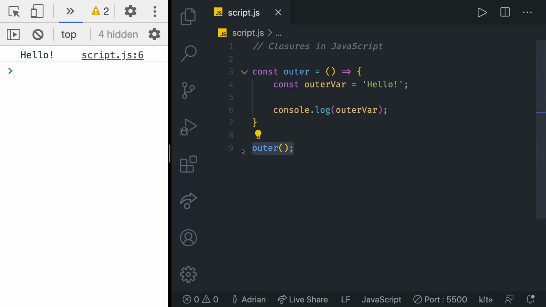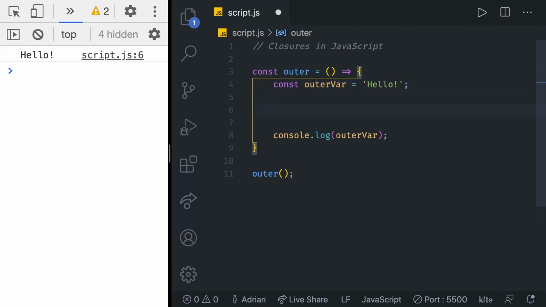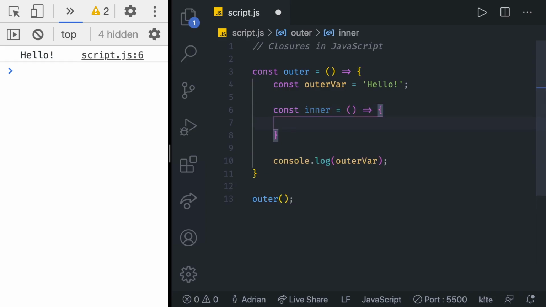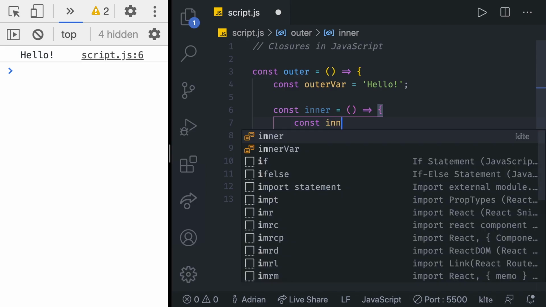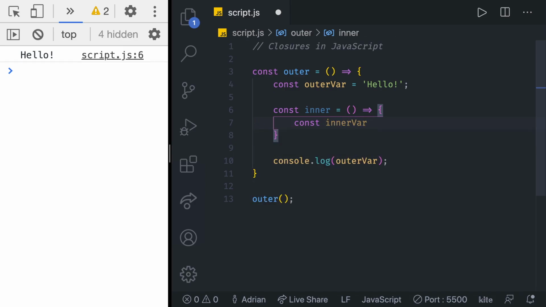So if we call this function and then it runs, it goes from line 3, line 4, 5, 6. As soon as it's done with the execution, everything that's inside is dead. It's gone. And this is where the concept of closures comes in. That's exactly why we call this function outer, because now we're going to have a function inside of a function. We are going to call this function inner, so innerFunction. And then inside of there, we are, if you can guess it, going to create a variable called innerVar,